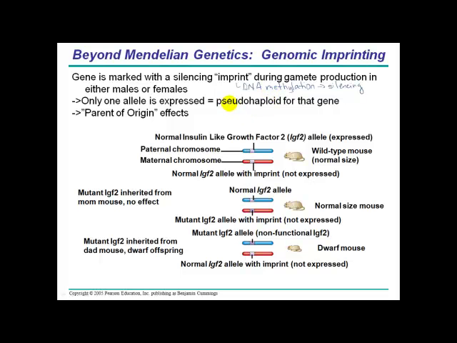All right. Now, if we think about it, it seems like this should be a dramatic disadvantage, because essentially what we're doing is we're making ourselves pseudohaploid for those 100 or so genes in the genome that are being expressed this way. And there's a lot of discussion and a lot of controversy right now trying to come up with explanations for why we do this and why genes are methylated. And there are a lot of competing hypotheses that I'm not going to go into in the video. If you're interested, I can point you towards some resources and maybe an extra credit opportunity or two to investigate